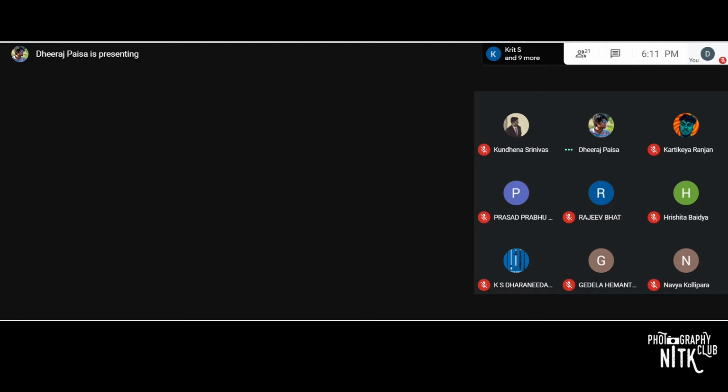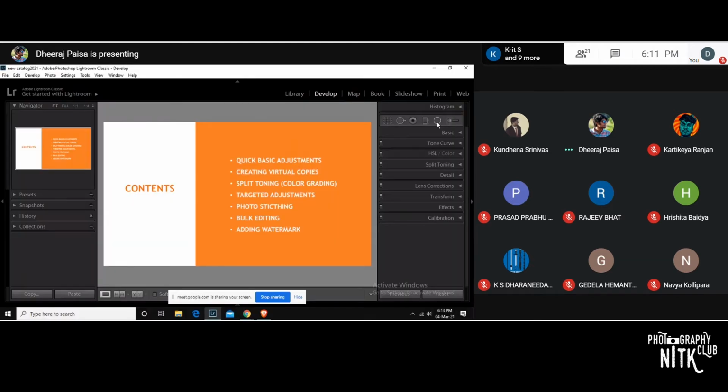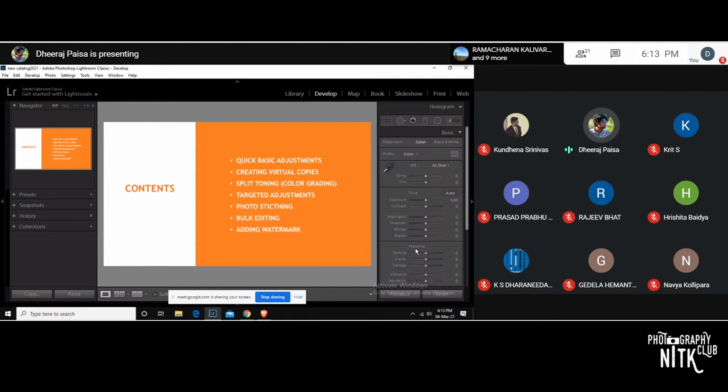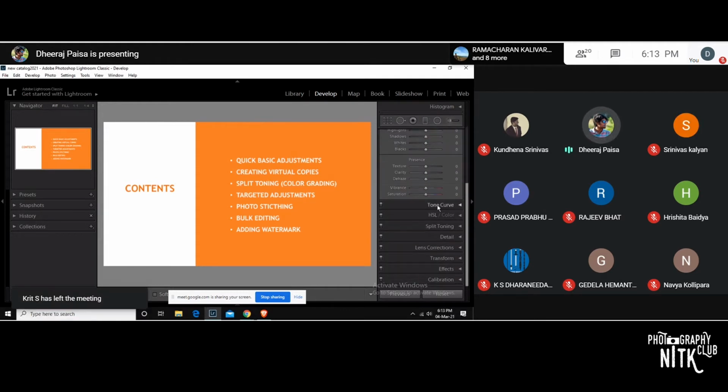You can see the pictures in the library module, and to edit the picture, you have to go into the develop module. Here you find a histogram, crop tool, spot removal tool, red eye correction, linear gradient, radial gradient, and adjustment brush. And you have different tools here to edit.